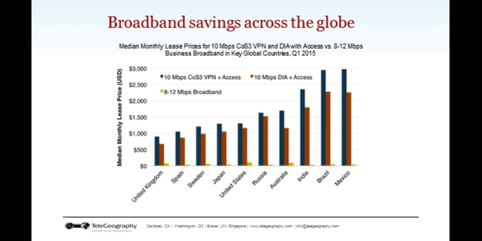While I've been setting this up, you probably have been looking at the slide and noticing a few things. First, that prices for VPN and DIA do vary considerably across the globe. You have Western Europe and North America coming in cheaper than Eastern Europe, Oceania, South Asia, and South America, where things are on this chart the most expensive. You might note that I've left any examples from Africa and the Middle East off a lot of these charts until we get to the hypothetical networks, and the reason for that is just that the prices in those regions are so much higher than other regions that it really distorts the scale when we're looking at these global slides.